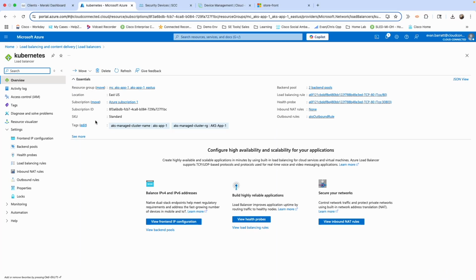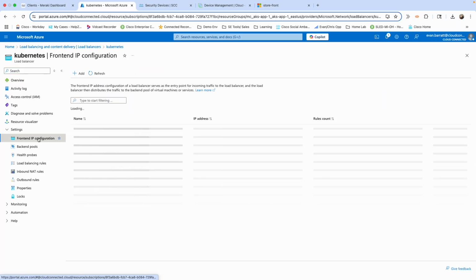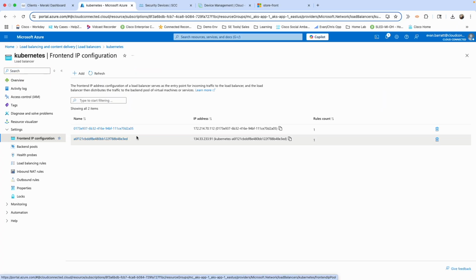For you, that could be different. It could be a VM that has a NIC attached to it with an outside IP address that you can associate this gateway load balancer with. It's very dependent on the given scenario, but what you do need is something that does have a NIC. So go to front end IP configuration here,